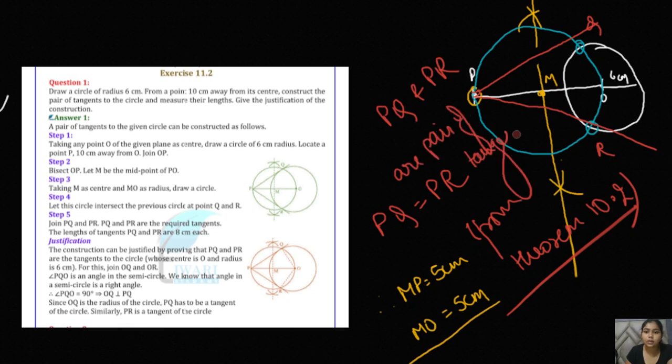I hope that's clear to you from this particular picture. Have a look at this picture, and since I've drawn with different pens, I hope you will be able to recognize what I've done. If you're not able to recognize, look at these steps. You will be able to recognize each and everything. And this is all for the circles.